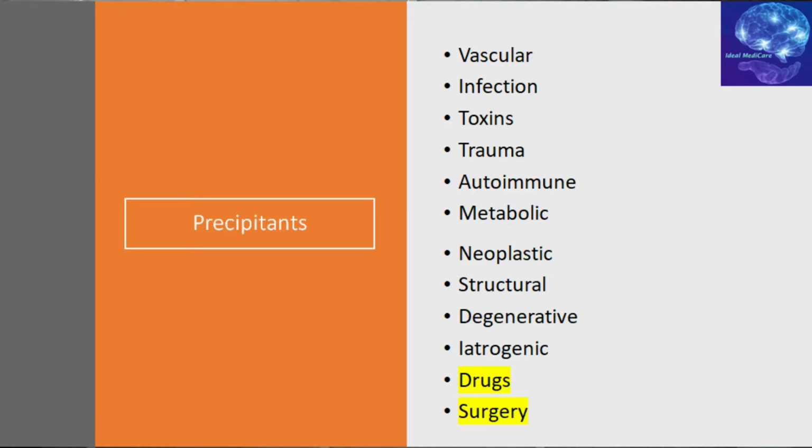It could be iatrogenic, which is actually very important because these patients, especially with cardiac surgery and thoracic surgery, have an additional independent risk factor for delirium. But drugs, by far, besides infection, are the most common reason to develop delirium, and especially anticholinergic medications can cause delirium very quickly. So we need to be sure about these medications in the medication list.